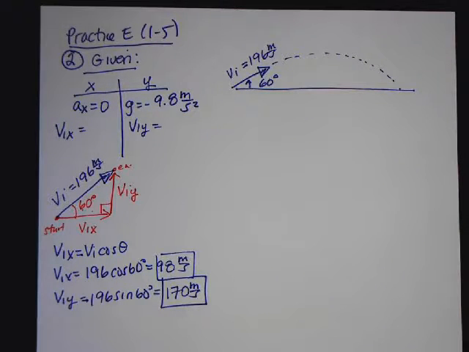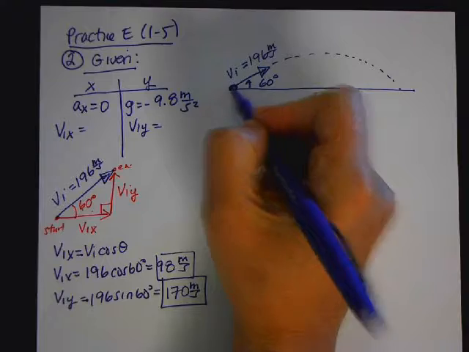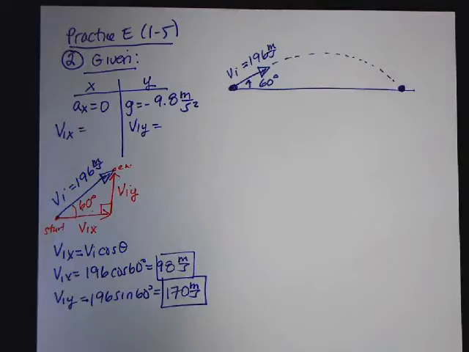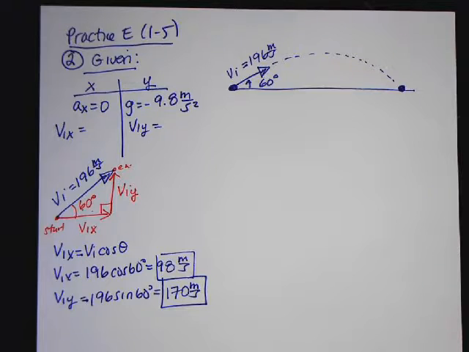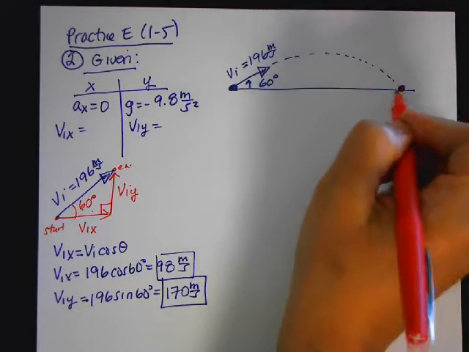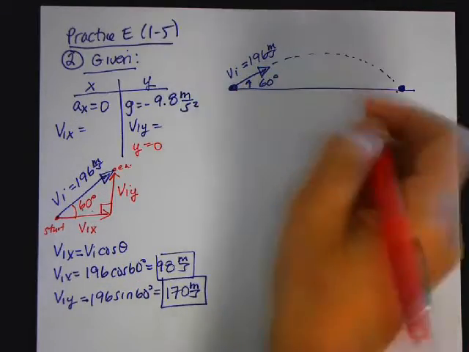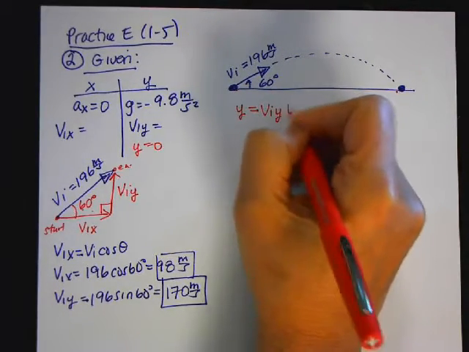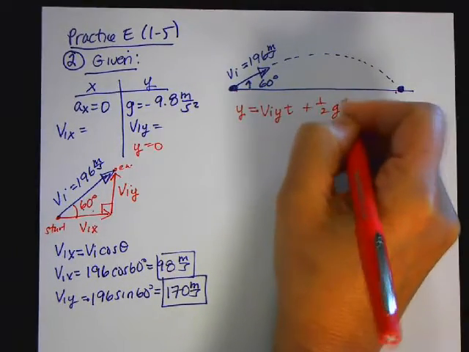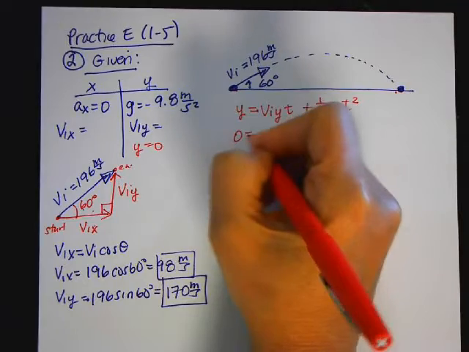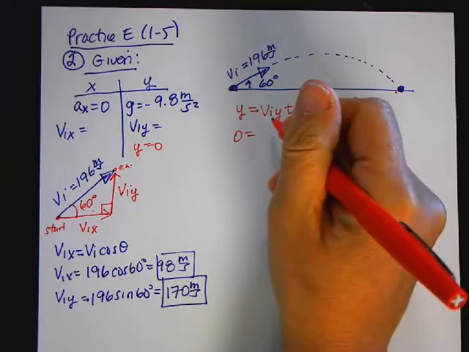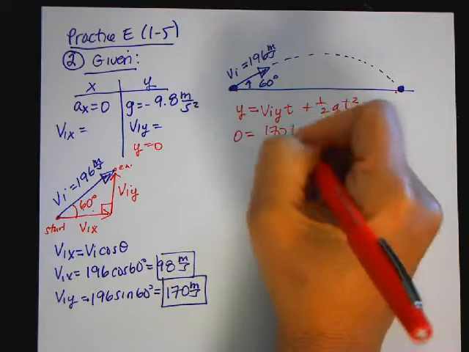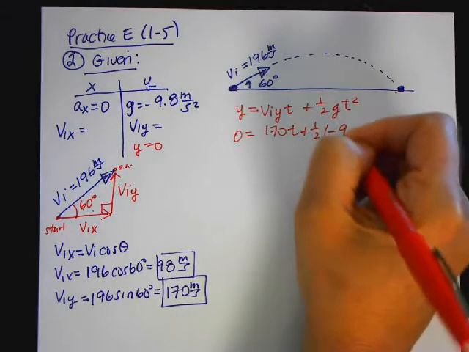Now, part B says, what's the total time in the air? So the total time is from here where I start to here where I end. I'm going to show you 2 ways to do it. The first way, I know that from here to here, y is 0 for the total time. So if I use the equation y is VIYT plus 1/2 GT squared, this would be 0, and then I could substitute in my values, like VIY is 170T plus 1/2 negative 9.8